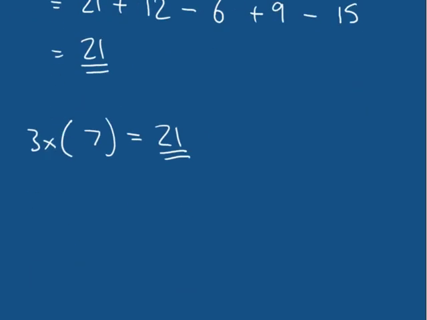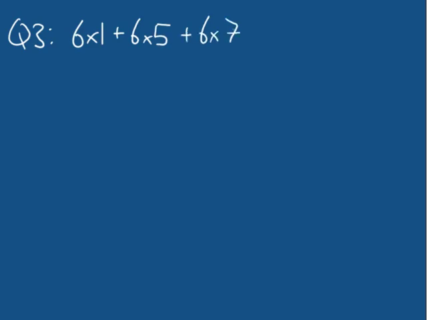So moving on to a question now on factorization. So question 3. I would like you to factorize 6 times 1 plus 6 times 5 plus 6 times 7. Once you factorize this, I want you to compare the result of evaluating that factorized expression with evaluating this original expression. And just as a note, again, factorizing means to put this in the form where we have a multiplication outside the parentheses and some additions or subtractions inside the parentheses. So go ahead and pause the video, and when you unpause, I'm going to work through the answer to this